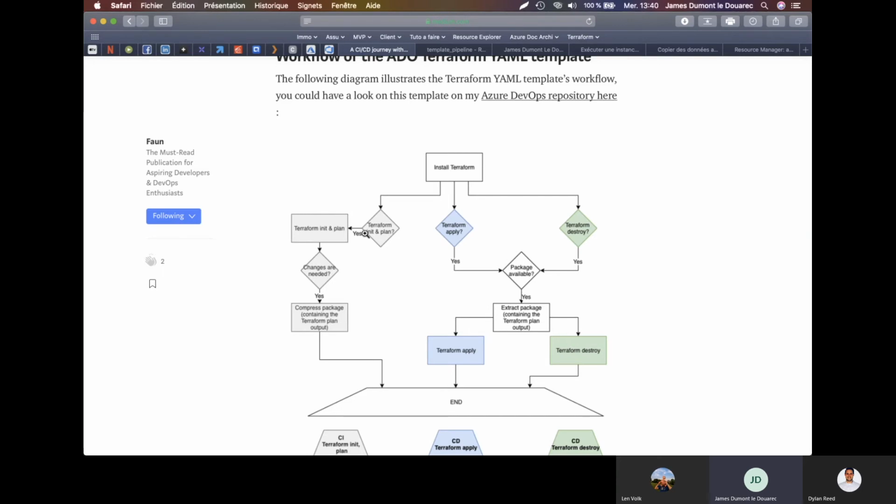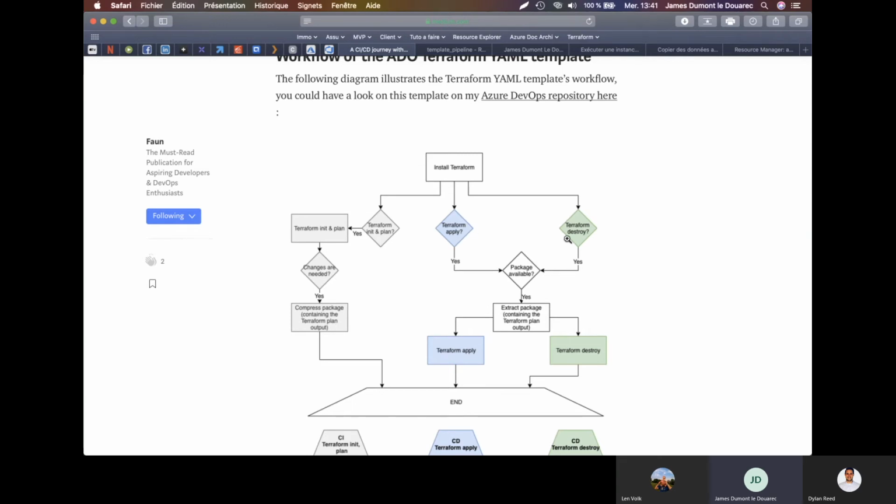And this file could be taken by the Terraform apply command to execute exactly what has been highlighted in the result of the Terraform plan. So this compressed package will actually be the artifact.